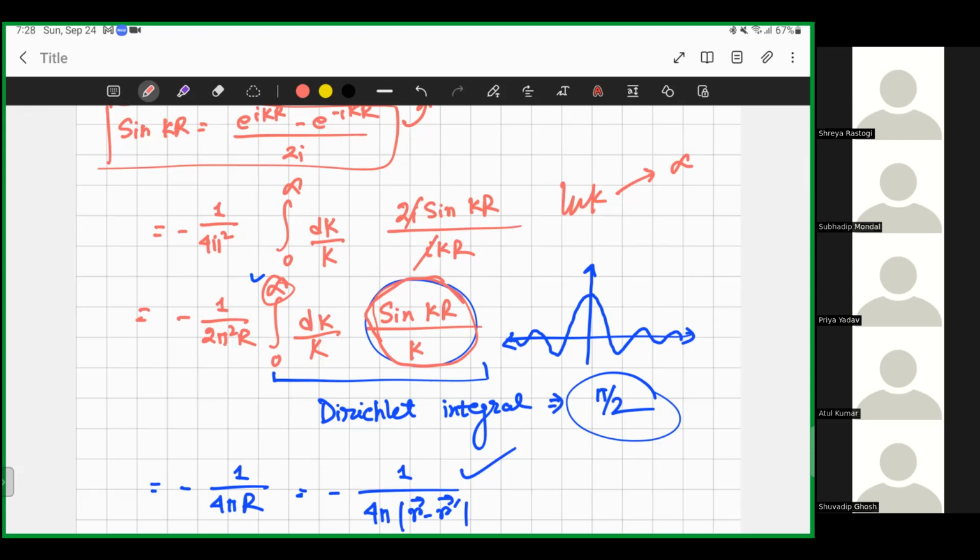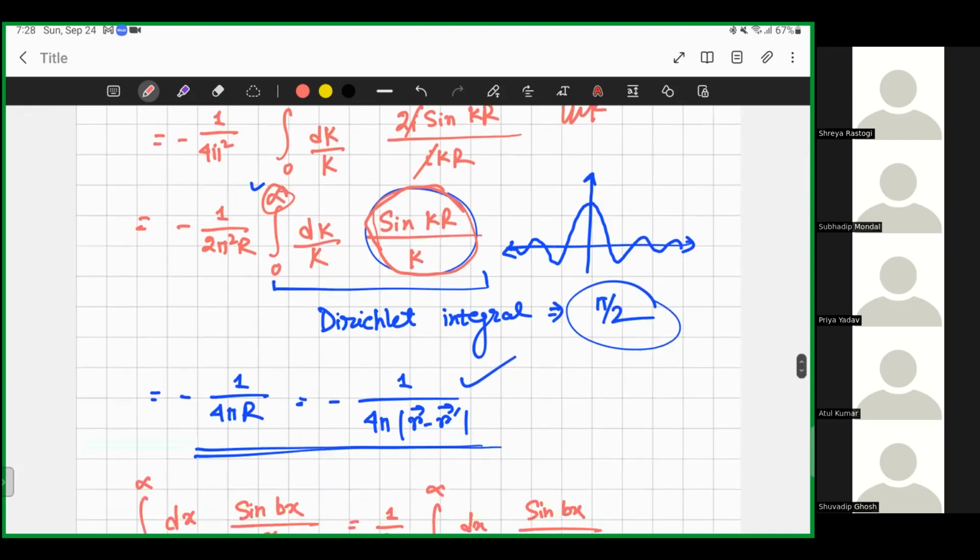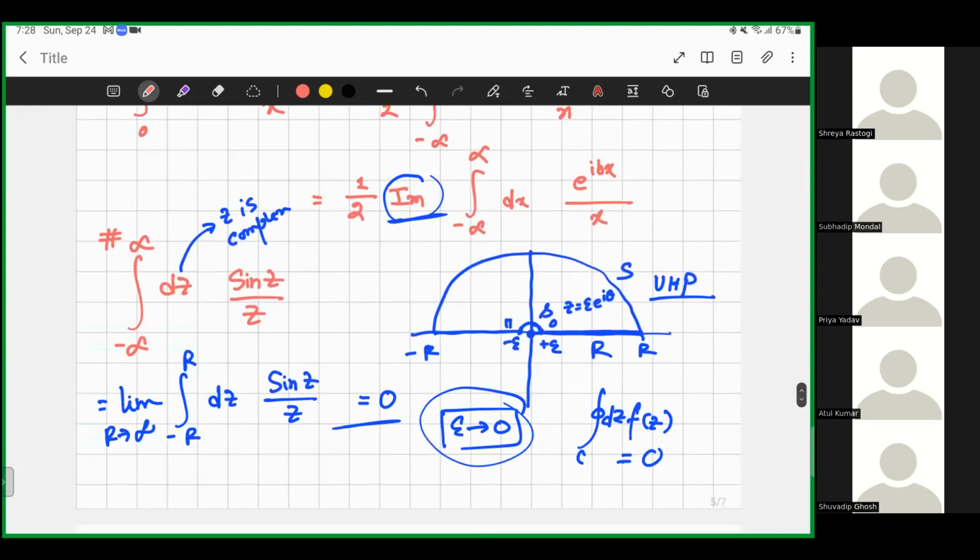Sine kr by k we can evaluate using a complex contour integral, and if it is k squared we can also try a complex contour integral. We have to rewrite it in terms of complex terms, just as you did here. But this imaginary integral will be